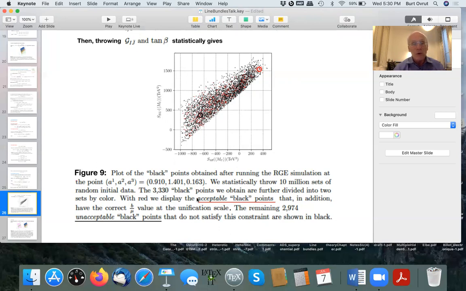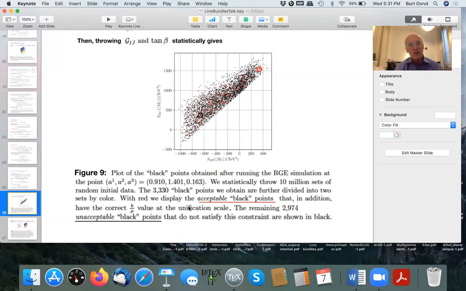We did 10 million throws, and we found the total number of points that satisfied those. There were 3,330 such points. Okay, but not all of them satisfied the B over mu value when you scale back to high scale. Those that did satisfy it, we show here in red. The red points are the acceptable black points in that they have the correct value of B over mu at